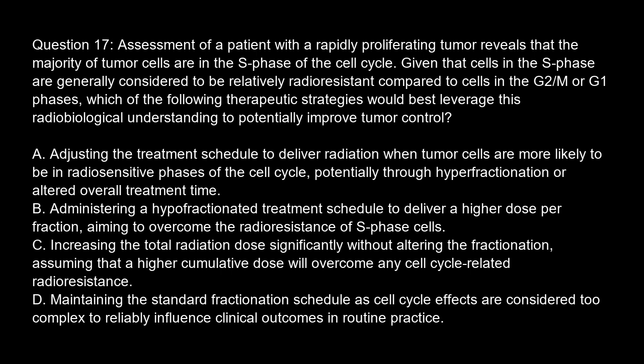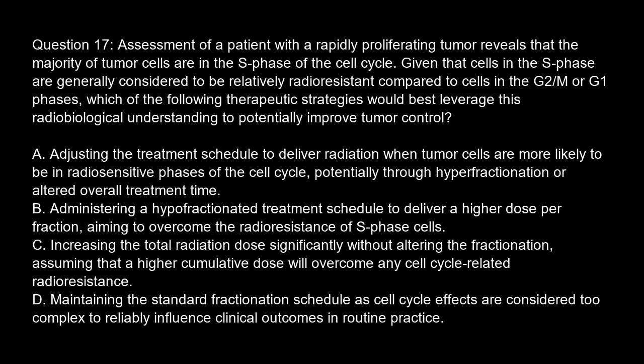Option A. Adjusting the treatment schedule to deliver radiation when tumor cells are more likely to be in radiosensitive phases of the cell cycle, potentially through hyperfractionation or altered overall treatment time. Option B, administering a hypofractionated treatment schedule to deliver a higher dose per fraction, aiming to overcome the radioresistance of